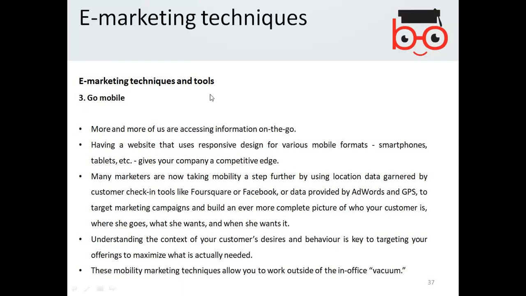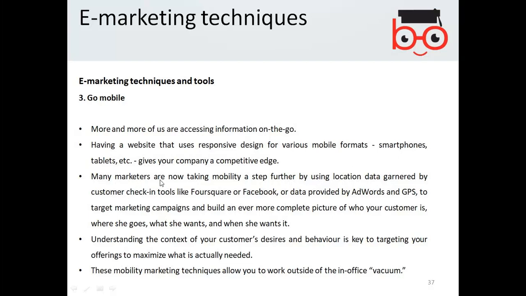Go mobile. More and more of us are accessing information on the go. Having a website that uses responsive design for mobile formats, smartphones, tablets gives your company a competitive edge.